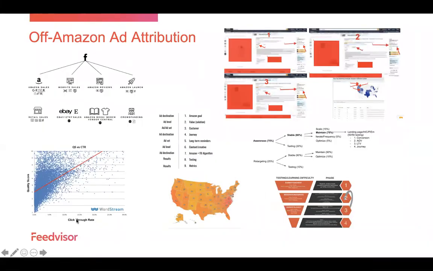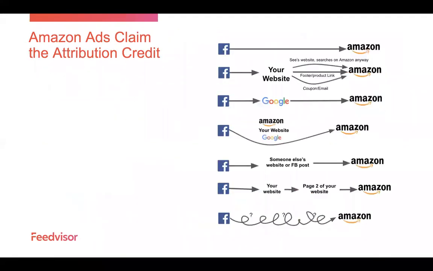So I'm going to show you, it's going to be a very analytical perspective. That's where my background is, and seeing across brands and a variety of different strategies. So this is all of the data that I'm seeing. I'm going to give you some of the best practices, but also for you to strategically be aware of something that maybe you didn't know that some other brands are, and to see if you can optimize your marketing this way. So as the numbers mentioned about Amazon claiming the attribution credit, and here's just some examples where